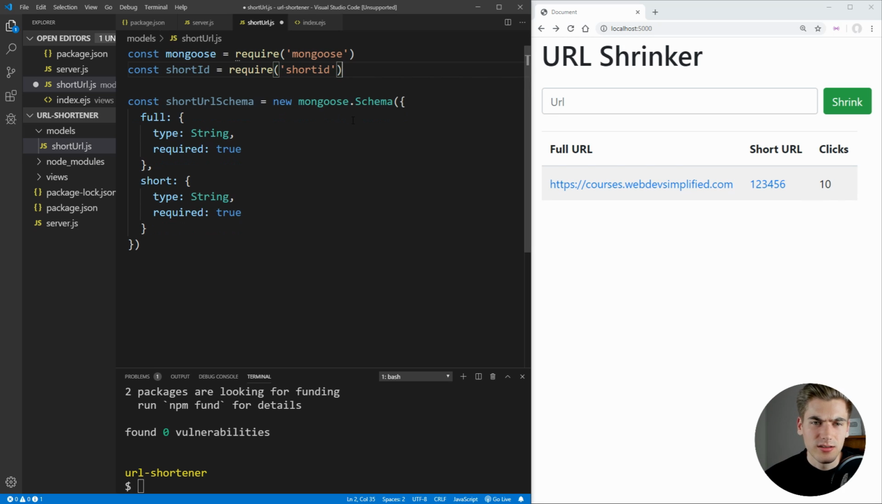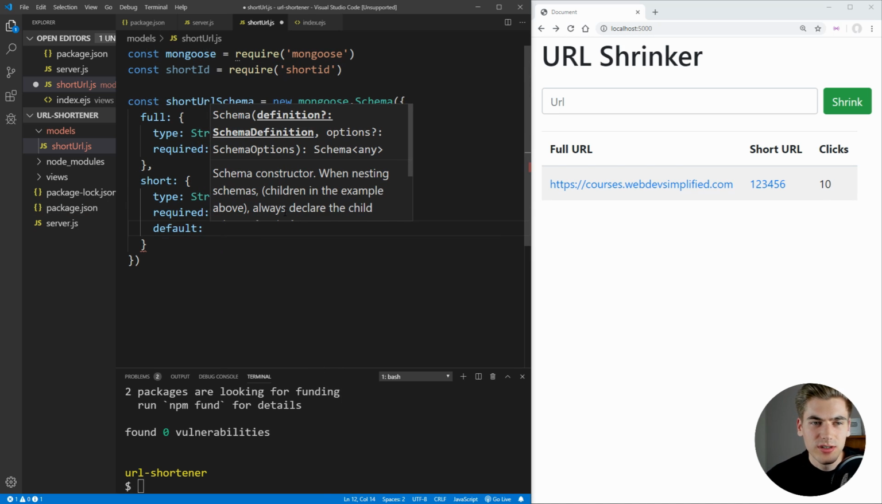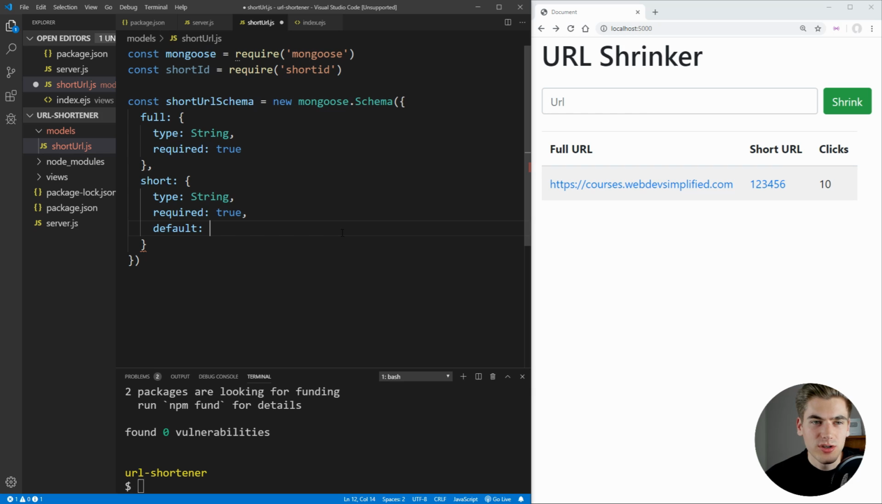So in order to use that with our short column here, we can actually specify a default and we pass it a function. And this function is going to run as the default value for our short column. And we can just say shortId.generate. And since this .generate is a function, this is essentially the same thing as passing it a value like this. It's just going to automatically run our generate function for us. So we don't need to worry about wrapping it in its own function. So now every time we create a new short URL, it'll generate this short ID here and save it in